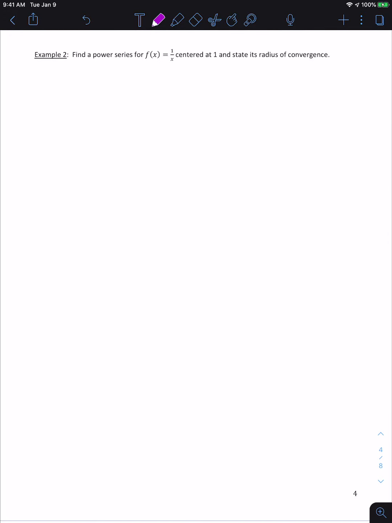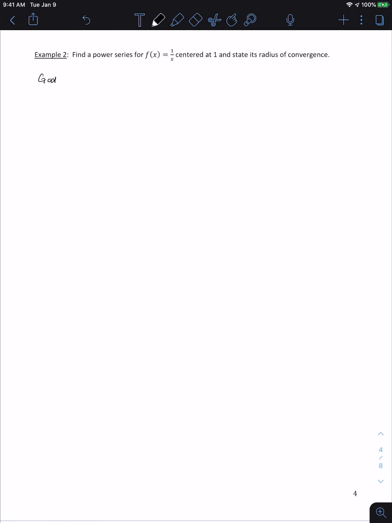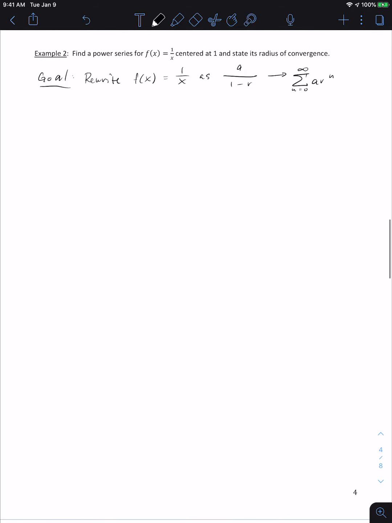Right? So we want a power series for this guy. So what do we want to do? Our goal here is to rewrite f of x equals 1 over x as a over 1 minus r, and then from there we'll be able to write that as a geometric series, right? So I take 1 over x,